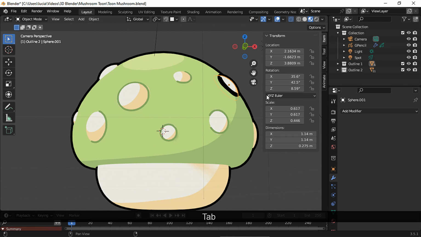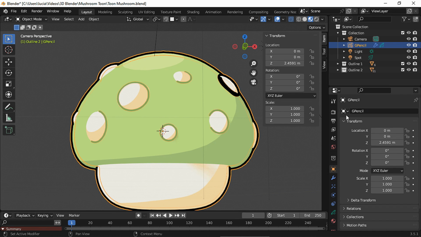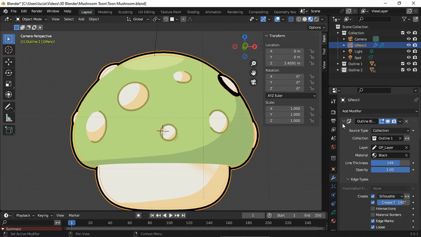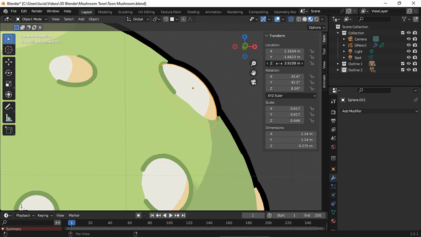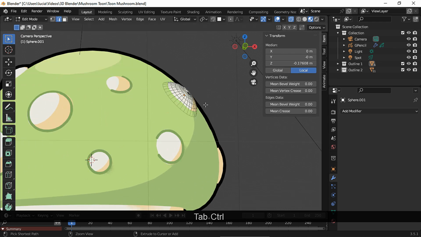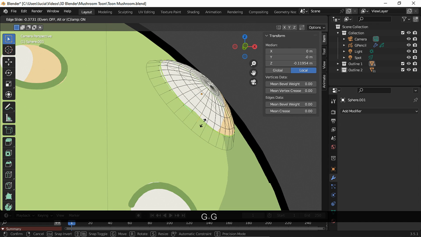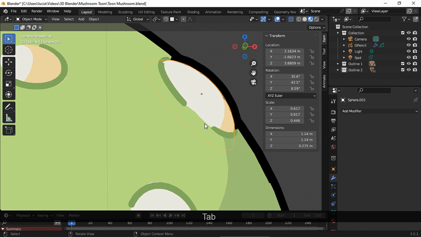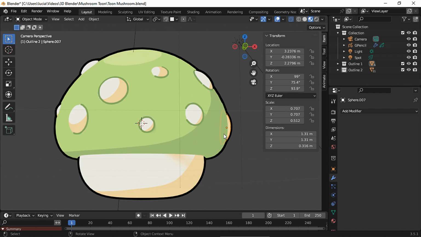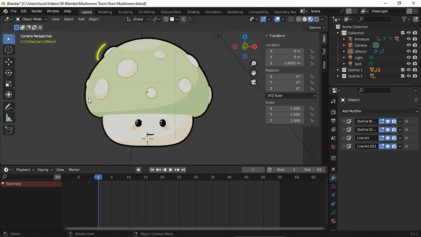We need to disable edge marks from the first line art modifier, so the outlines for the edge we marked don't overlap. Let's move it a bit. And by pressing double Shift, you could also slide a mark edge loop instead of moving the circle to move the outline a bit. And you should repeat the same process with these remaining circles. This one is already done, but let's do the other ones together.